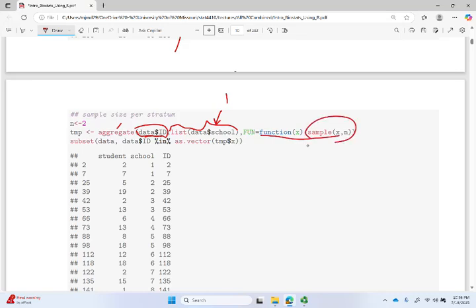And so we're going to sample 2 observations from school 1. Then it goes to school 2, and it restricts the data to school 2, and then it takes a sample. And then it repeats it for all these strata, and then we store it in temp, and then I just print out the